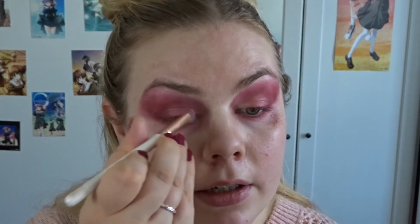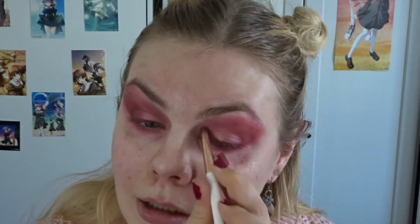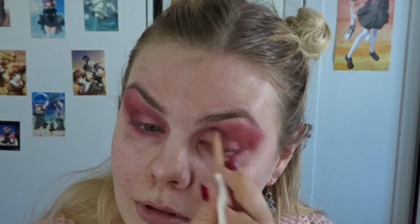And then to finish up the lids, look at the fallout. I'm going into cinnamon sugar again. I'm also putting this at the inside of the lid. It just works better this way. That's better. Now I'm going to zoom you out a little bit again and...